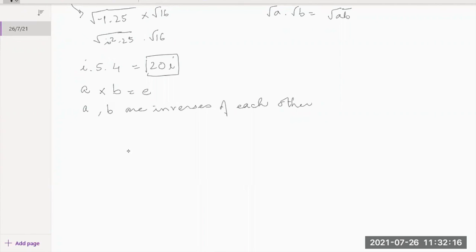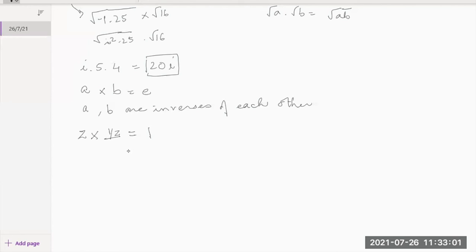Now supposing I have z as a complex number and I want to have the inverse of it. So I should have z into something giving me 1, because I know that 1 is the multiplicative identity. Why? Because when you multiply any number by 1, you get back the same number. Identity means that only: the number which does not bring any change when being operated with the number. So how can I write this? This is what I can write as 1 by z. So z and 1 by z are inverses of each other with respect to multiplication.